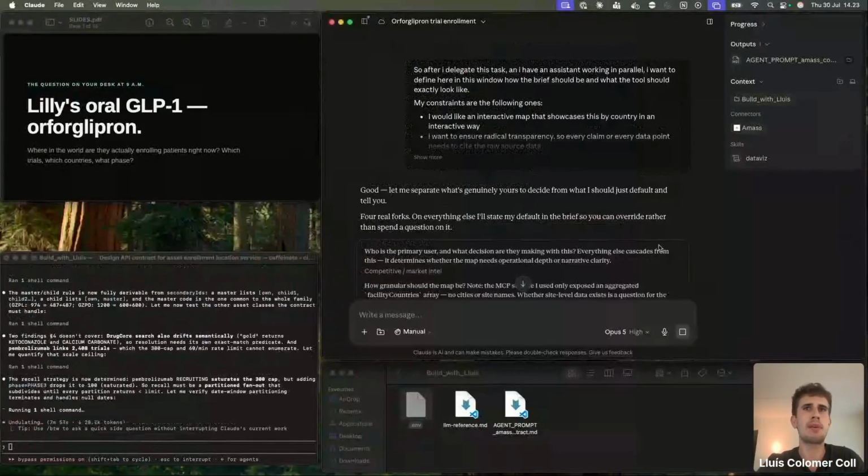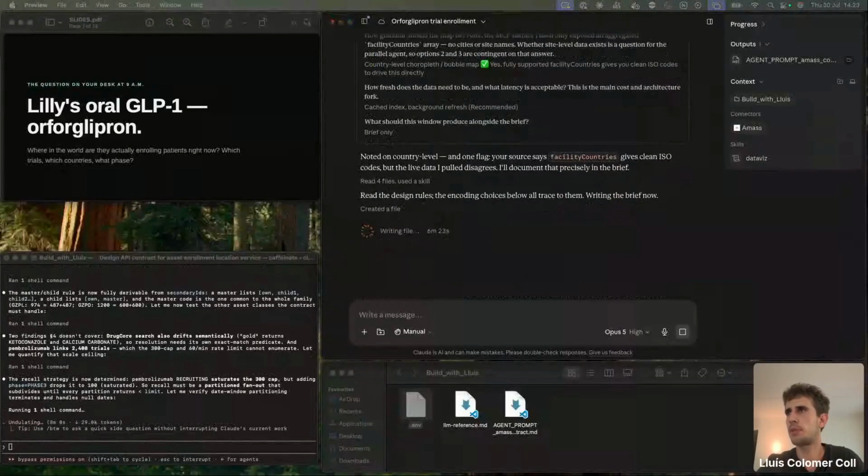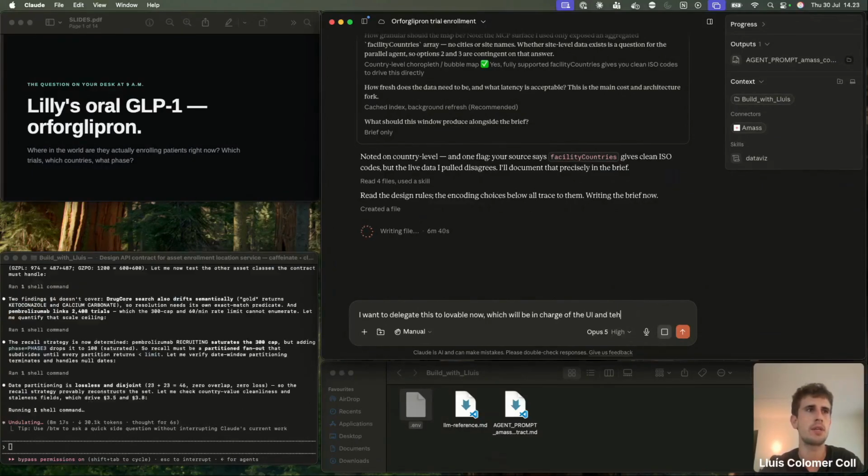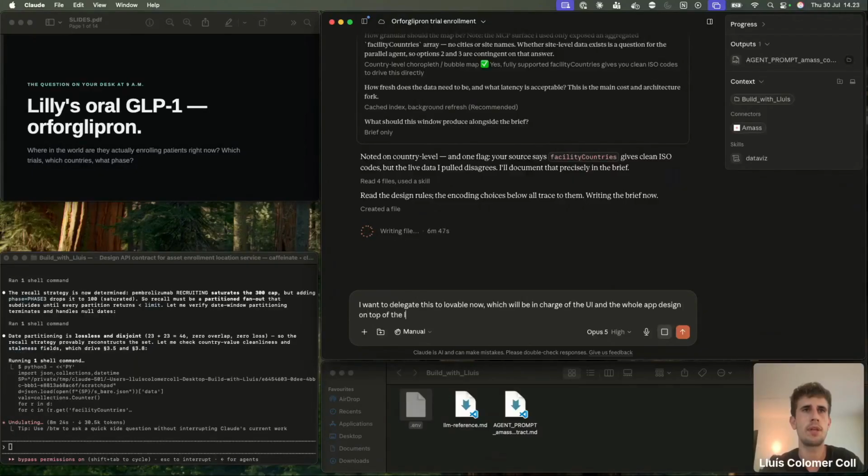What we will do after, and we can already start preparing the next prompt, is I want to delegate this to Lovable now, which will be in charge of the UI and the whole app design on top of the logic and documentation and briefs that we have out so far.